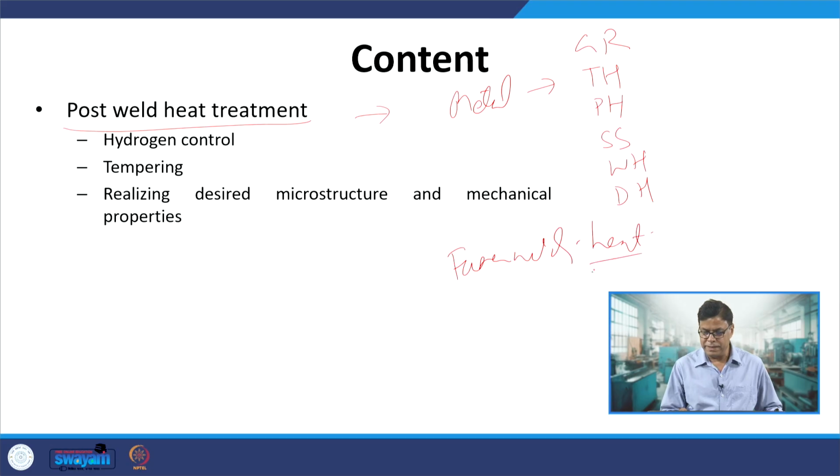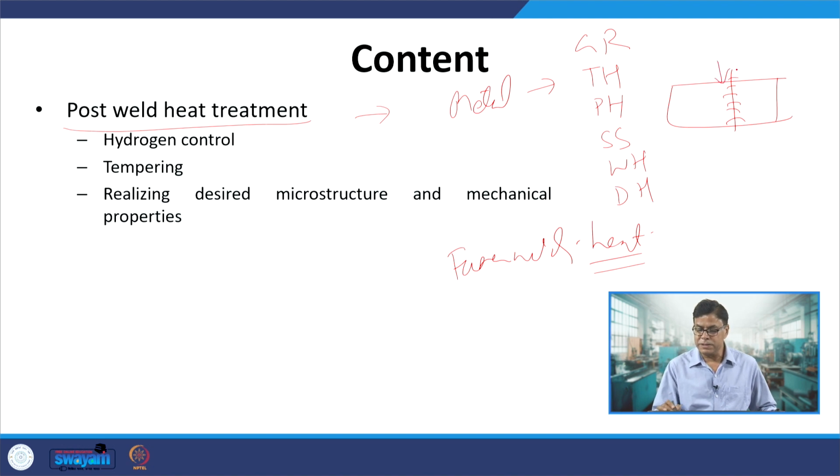and heat imposes a unique weld thermal cycle along the weld line. Because of this weld thermal cycle, it alters the microstructure not just of the weld metal zone, but also of the zone next to the weld metal, that is the heat affected zone. And this alteration in microstructure is found to be significant,